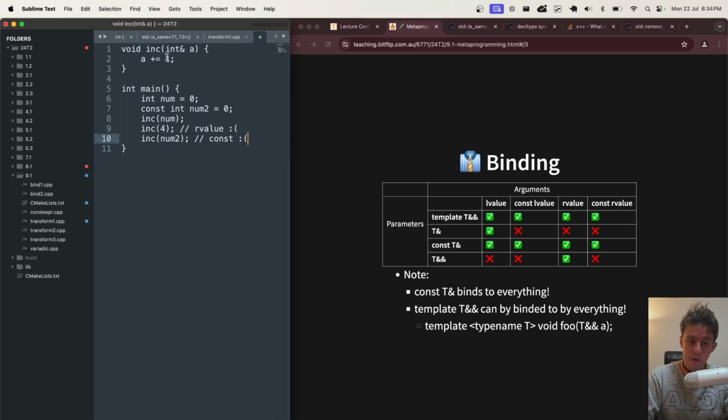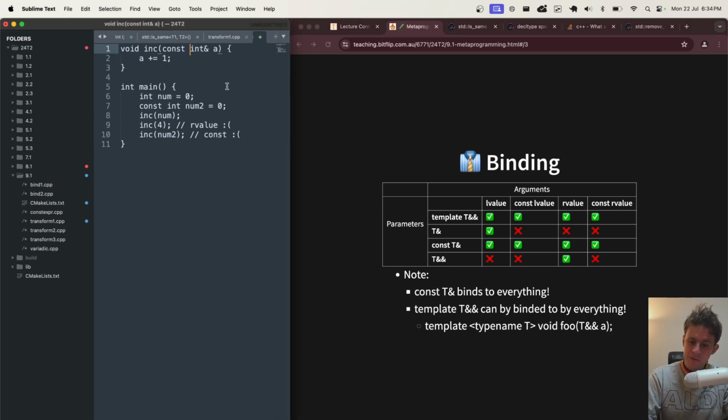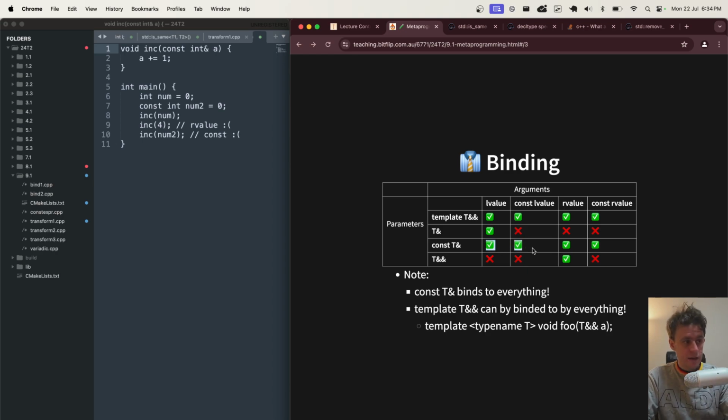But then it's like, well, what happens if the function now takes in a const int reference? Well, now it gets really interesting because a const int reference can take in obviously both a const L value and an L value. Makes sense. But because you have agreed to not modify it because of the fact that it's const, the language rules allow you to pass in R values and const R values, because even though you're taking something that's meant to have an address, right? Because that's how we think about L values. Because you're not going to modify it, if you're not modifying something, you don't need to know where it is in memory.